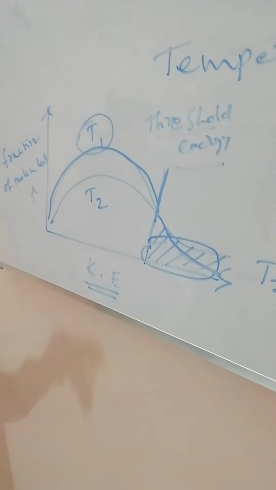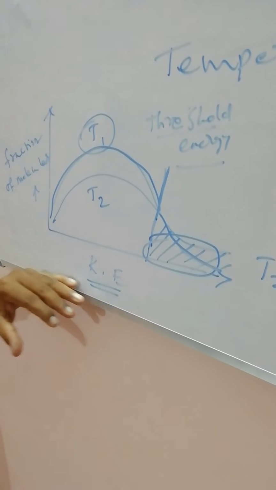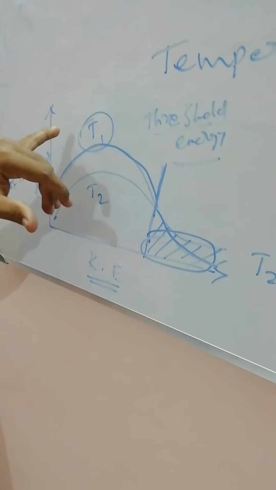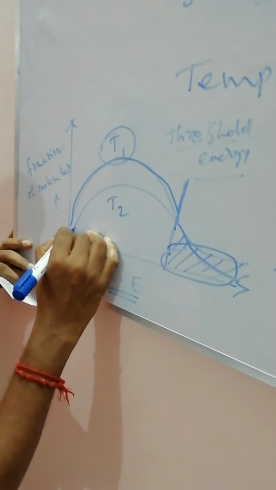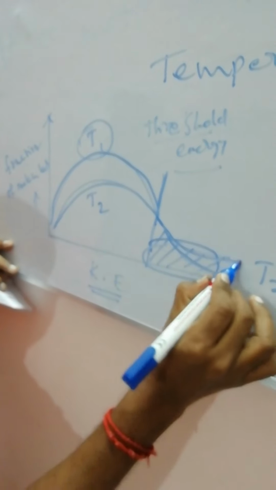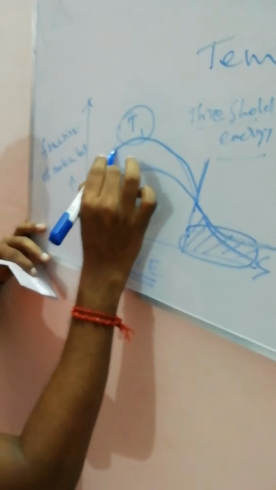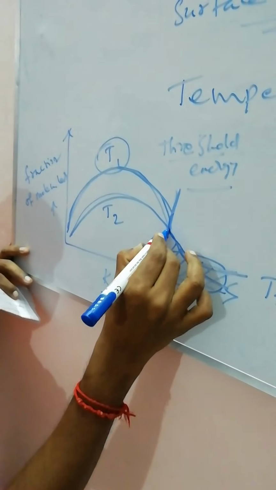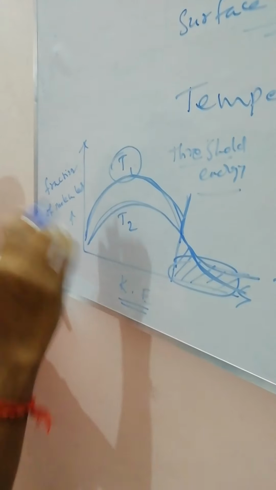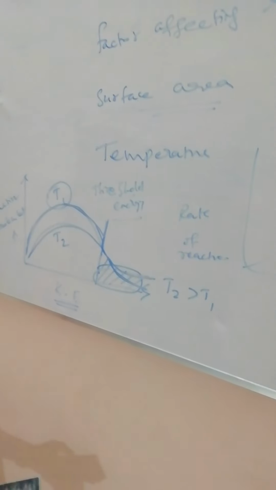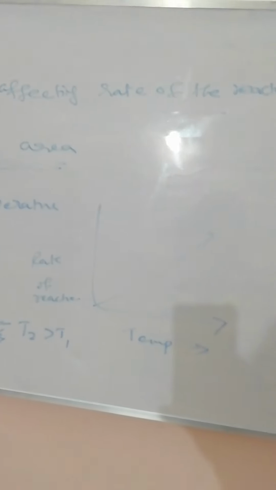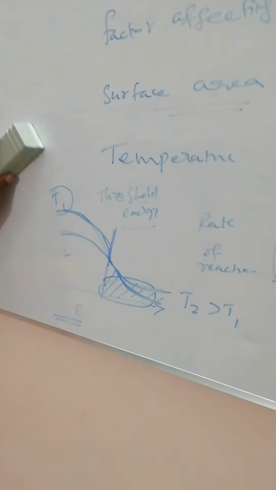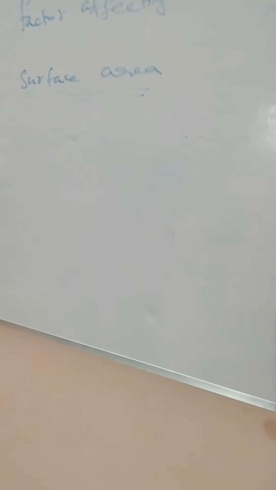This is the graph which explains the fraction of molecules, number of molecules, and kinetic energy. T2 is the higher temperature, T1 is the lower temperature. Higher temperature easily crosses the barrier and gives a lot of product. Lower temperature needs time to cross the potential barrier, but it gives only a small amount. So heat plays a major role in the formation of product. Many thermal reactions, decomposition of sulfur, decomposition of N2O5, decomposition of ammonia, then decomposition of calcium carbonate. Many reactions are examples of thermochemical reactions.